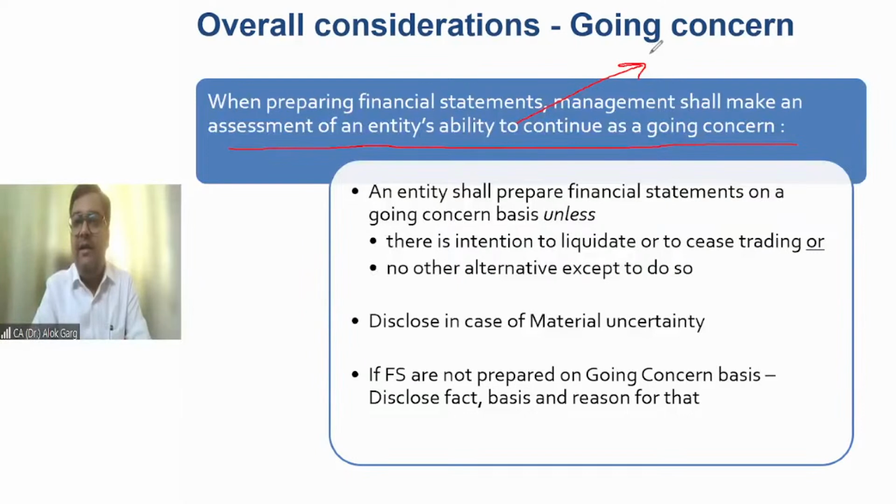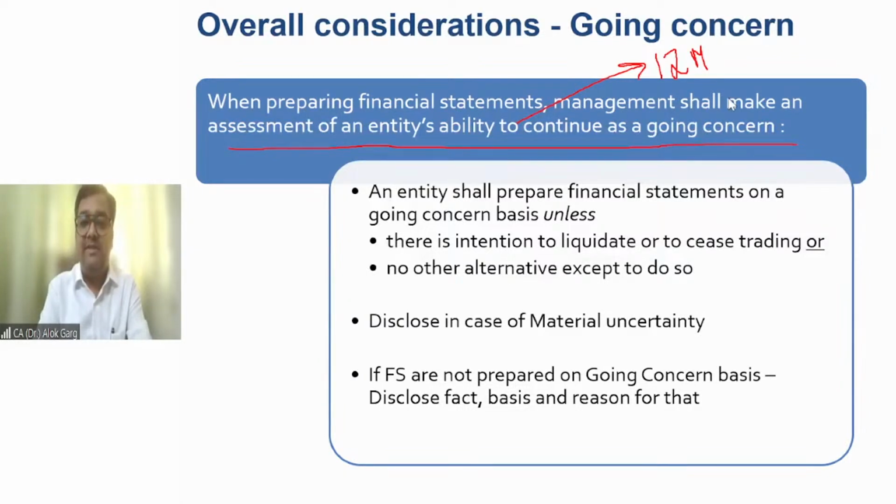So that is why it talks about foreseeable future. And when it talks about foreseeable future, it talks about 12 months. Okay. It talks about 12 months. I hope that is clear. So friends, first of all, this is a fundamental accounting assumption that the financial statement needs to be prepared on